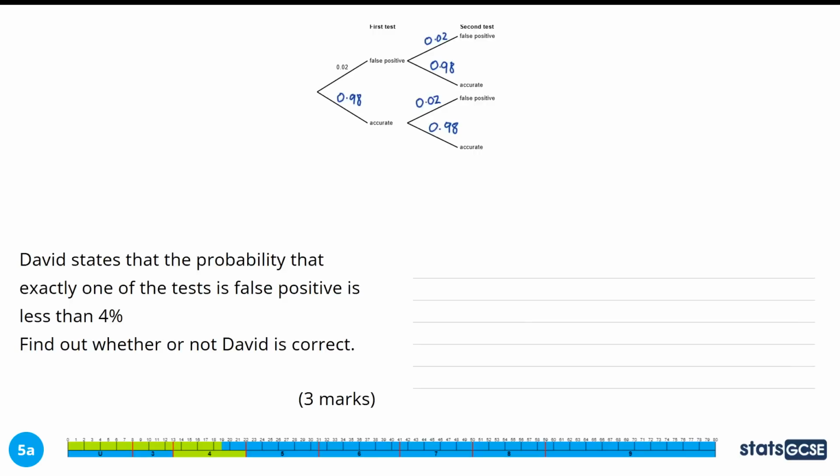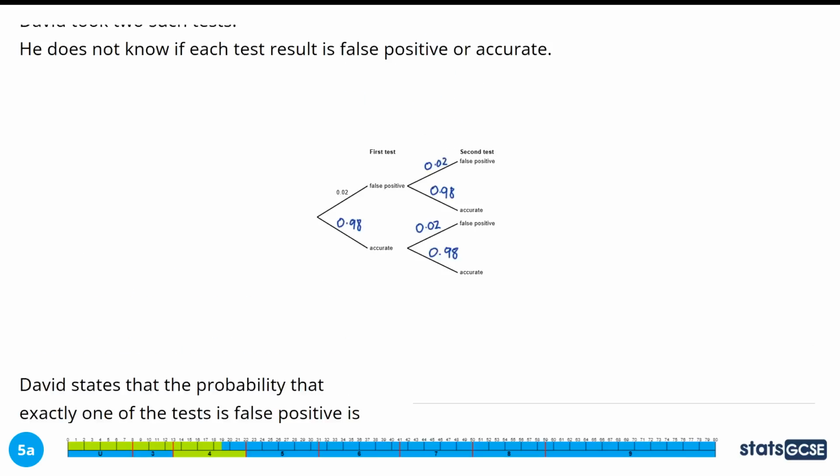David states that the probability that exactly one of the tests is false positive is less than 4%. Find out whether or not David is correct. Looking at the tree diagram, if the first test is a false positive, the second would need to be accurate for us to have exactly one false positive. Looking along, it would be 0.02 times the 0.98, which will give us